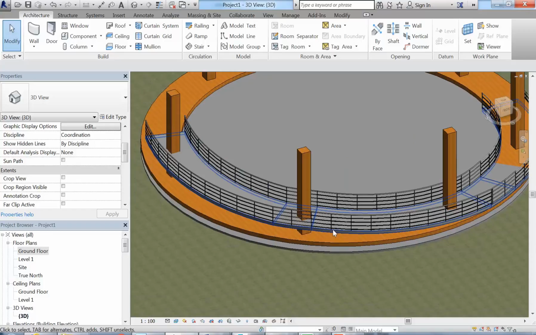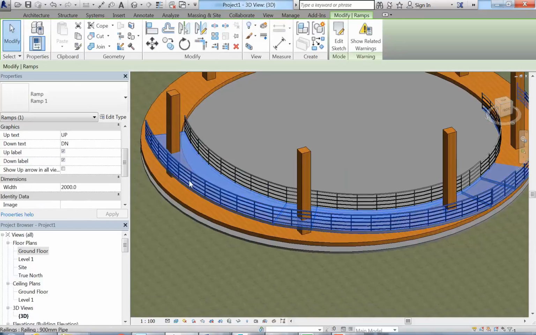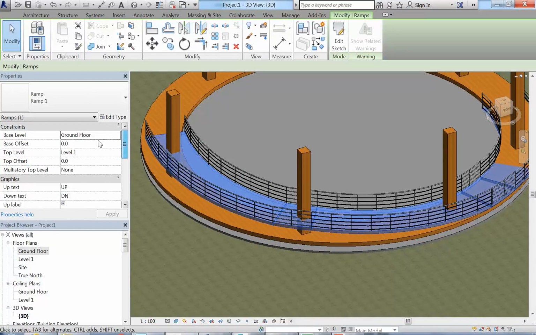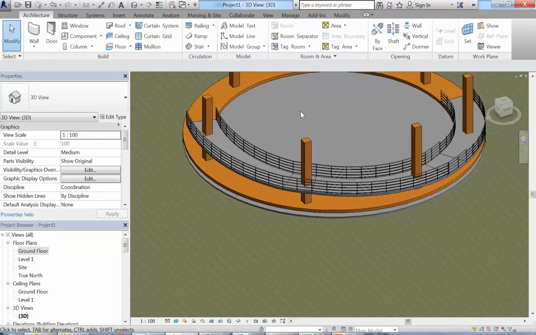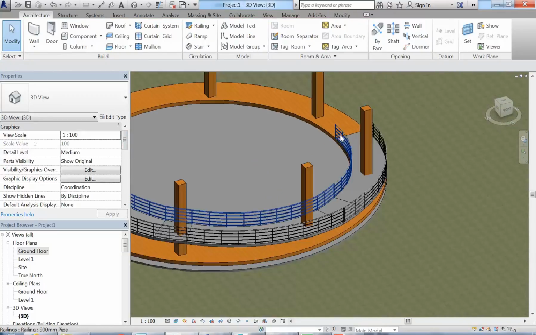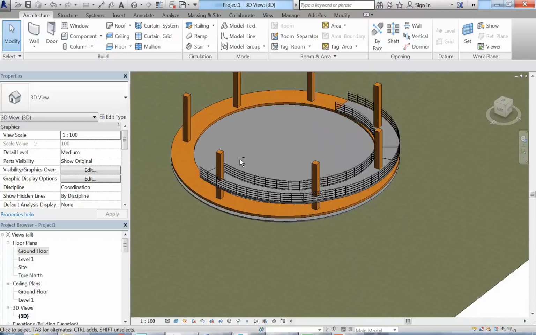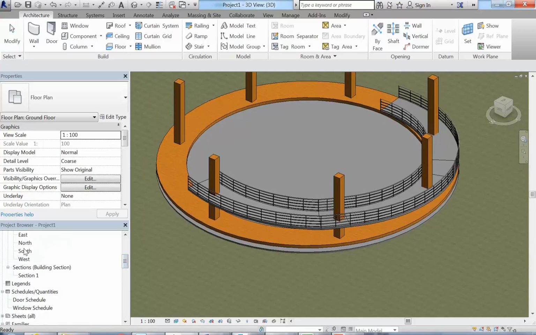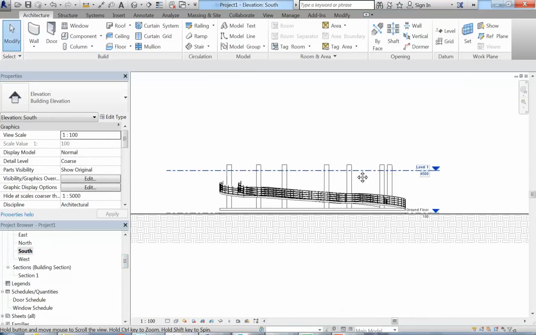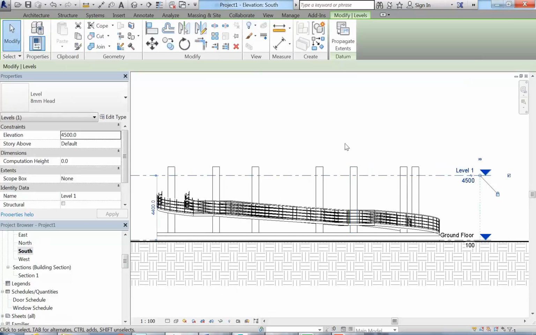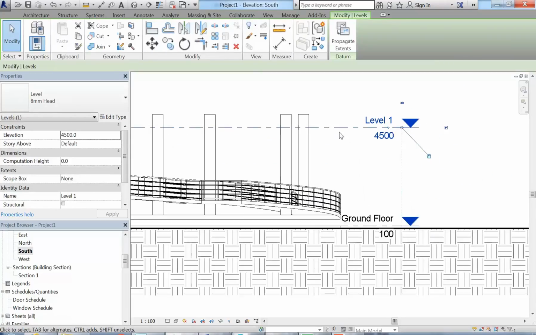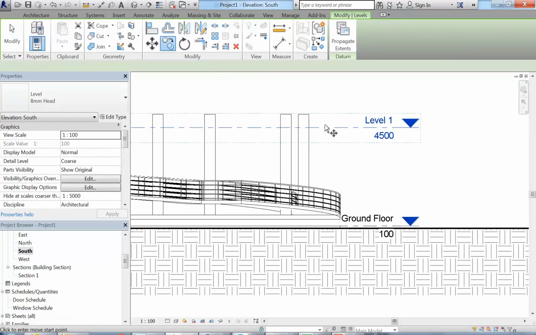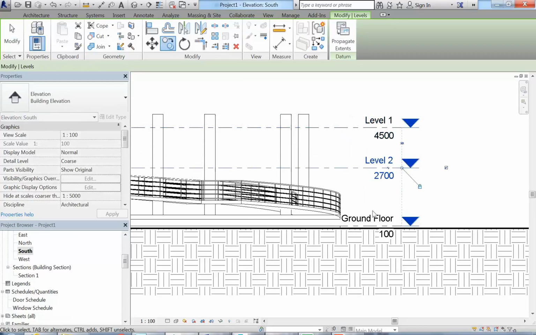And now I forgot to put in the offset that time, but I can easily go there now and change that in properties. So it starts at the top of my floor. So that's all good, but then like I said, it's better to break it up. So if I go to the south elevation, I can either make a new level, but I'll show you a really good trick. I can copy a level that's already there,